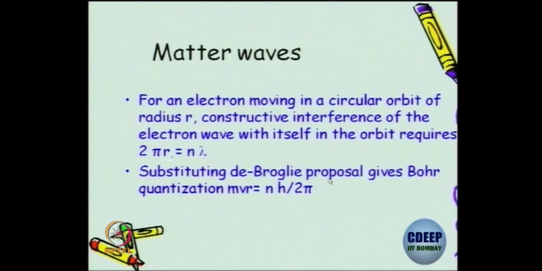And once you substitute the de Broglie proposal for lambda, you can also rewrite angular momentum quantization. This is your famous Bohr quantization which you would have read as a proposal. I am just trying to say that once you start taking it as a wave and look at constructive interference on a circular orbit, you automatically get quantization of